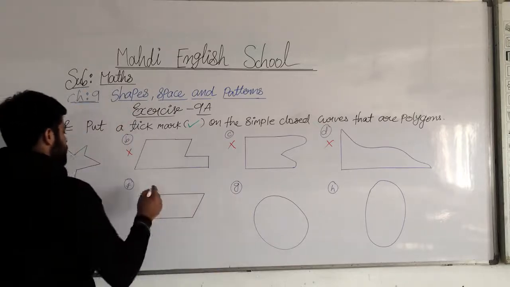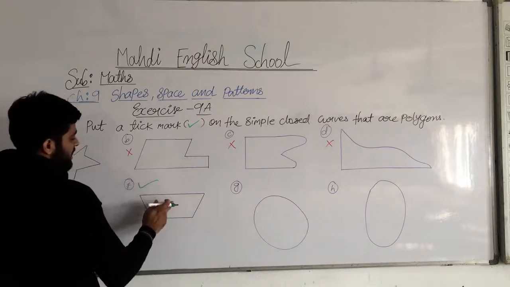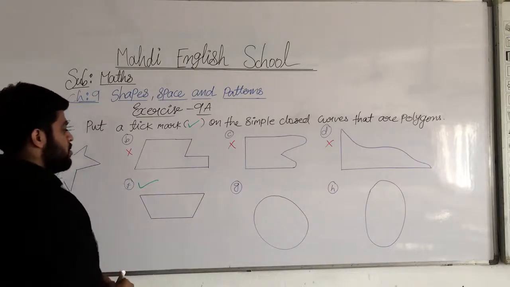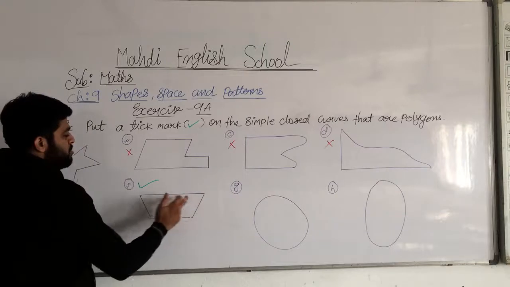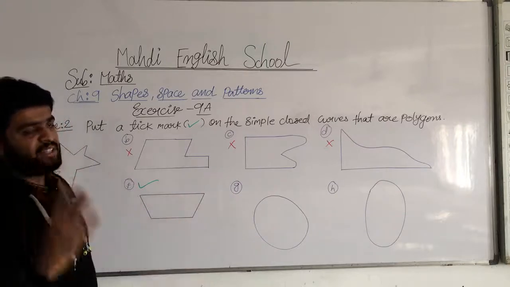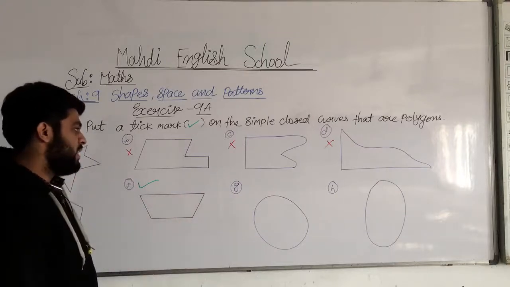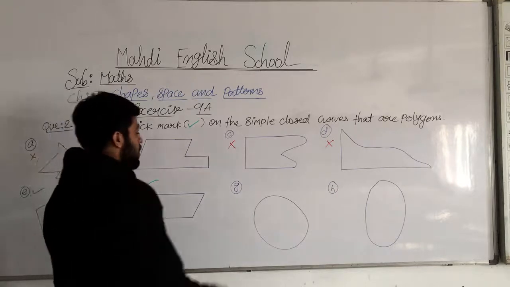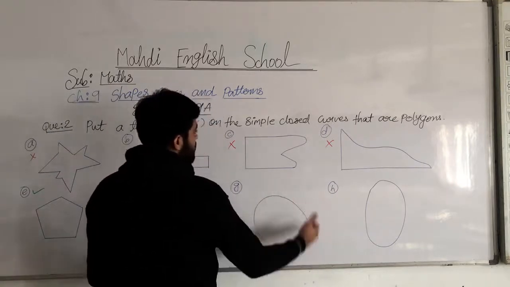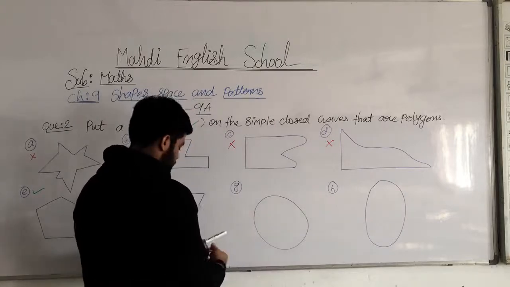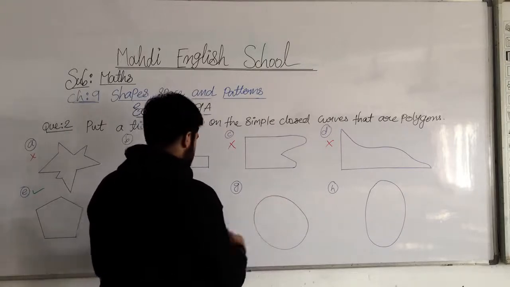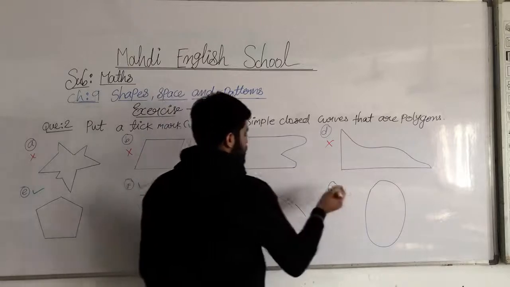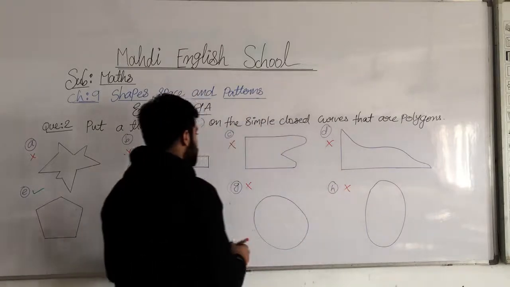And here is also F. See, it is a rectangle-like structure. 1, 2, 3 and 4. 4 sides, 4 segments are there. But my point, my dear students, I hope you all understood. It's a closed shape, but it's not a polygon. Not a polygon, no sides. And this oval, it's also no.